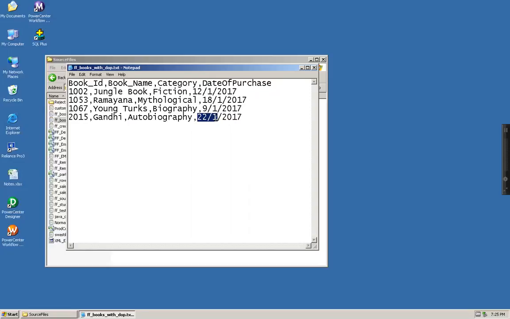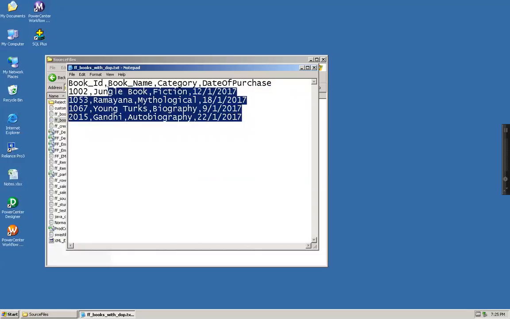I'm going to show you one example where, based on this date of purchase, I would like to perform an incremental load. Let's say whatever data is available in this flat file is going to be executed via a workflow every month. I'm supposed to get only the latest books, purchased after the final date, into the target file.